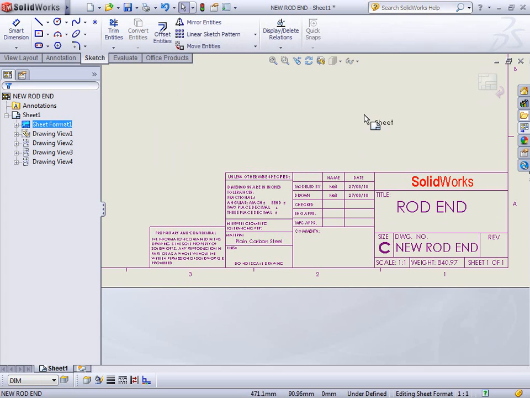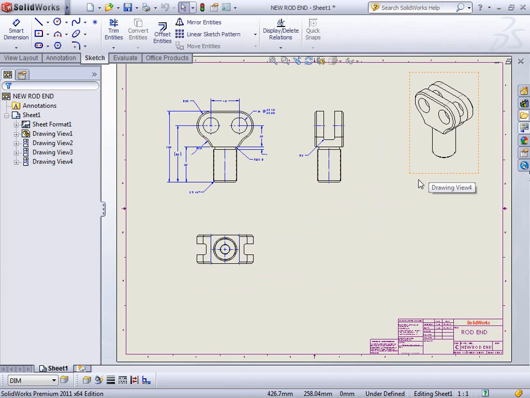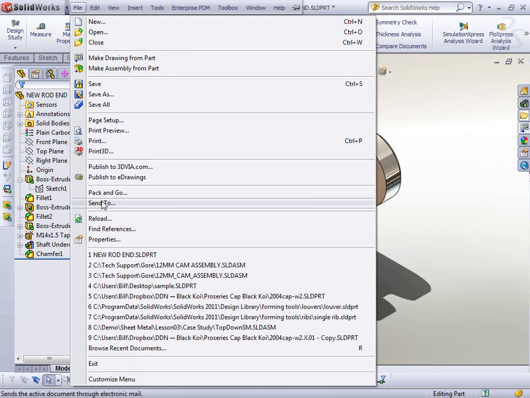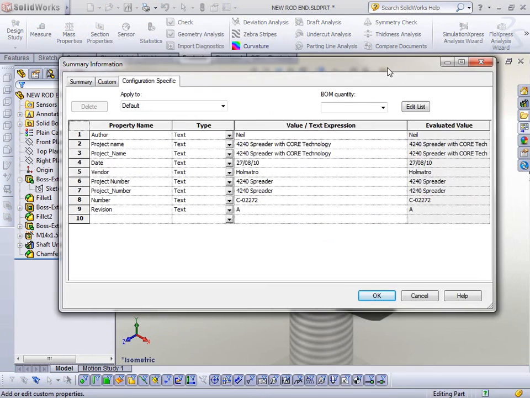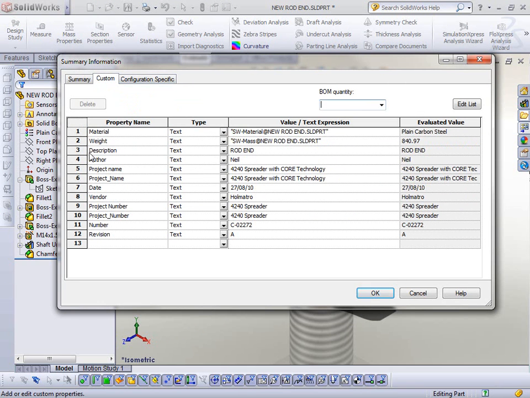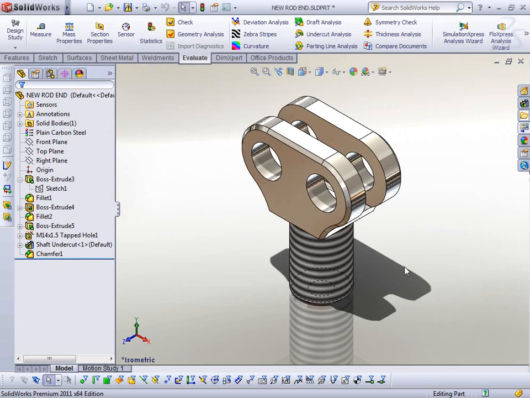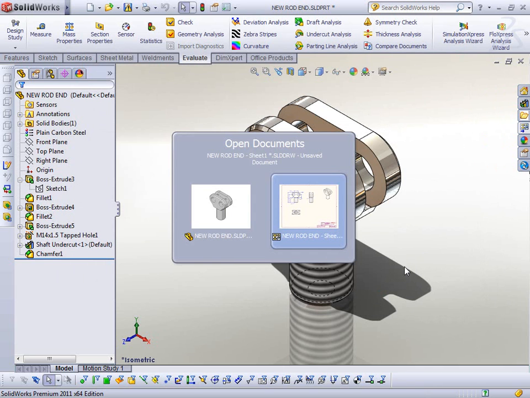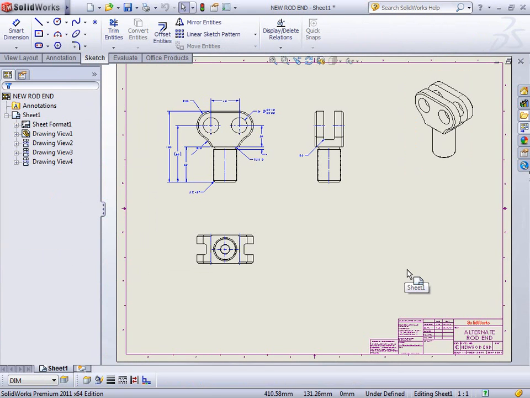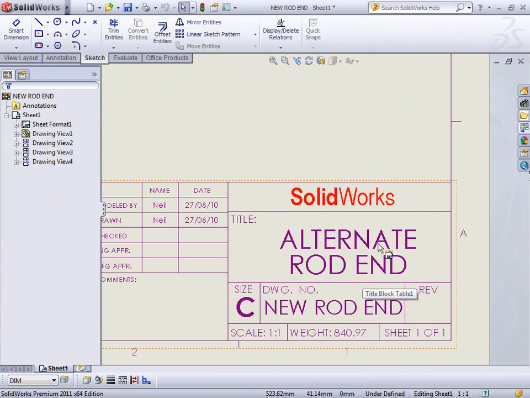So to verify this, or to show you how this works, let me go back out to the sheet, back to my model. And if I come into my file properties, you can see that I've got the description rod end. Well, I'm going to call this alternate rod end. Go ahead and Control Tab back to my drawing file, do Control Q to rebuild, and you can see now that that information is pulled